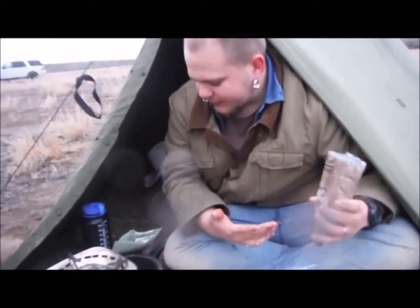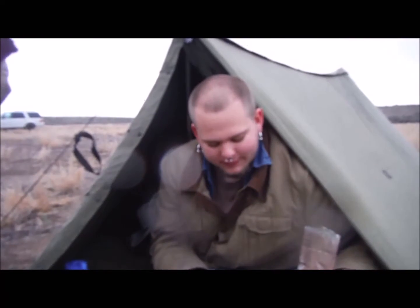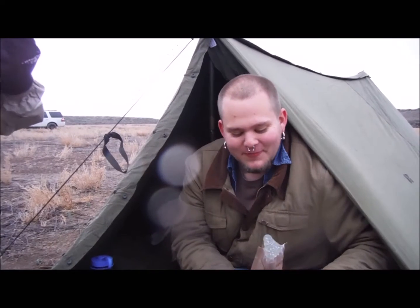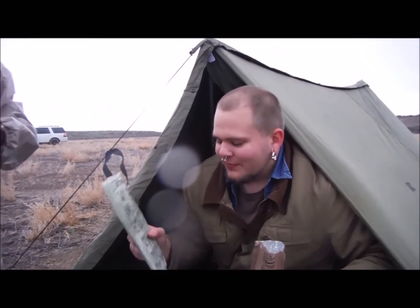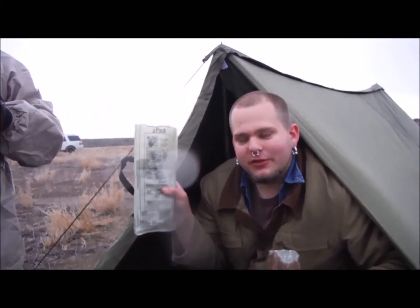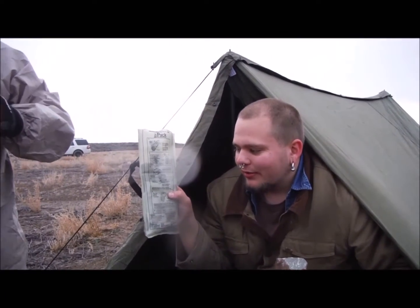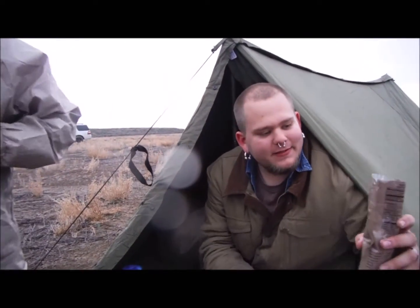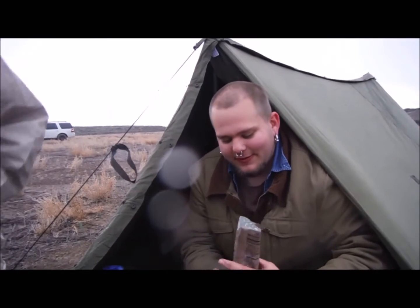So what's up with your MRE here? It was like some kind of chicken and noodle pasta. It tastes like chicken Alfredo. So it's probably chicken Alfredo. Did something go wrong with it? No, I just ate it. I put it in this little pouch, you add a little bit of water, and it gets extremely hot and cooks it. Just like the regular MRE. And this is vanilla